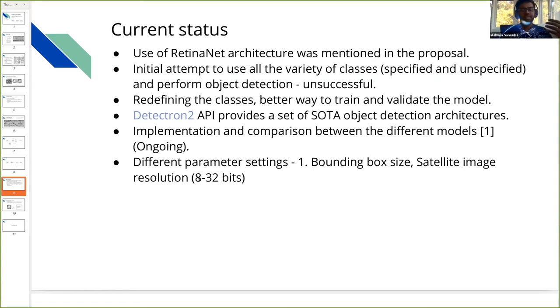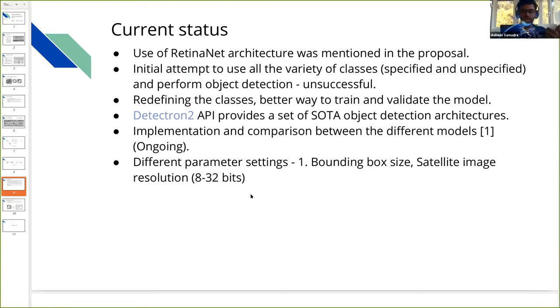If we take 32 bit per pixel images, the data is too heavy, and processing it via GPUs is not feasible with the current state of available GPUs. So currently we are on the 8 bit per pixel images, but we are trying to process 16 bit per pixel as well. That's the next step.